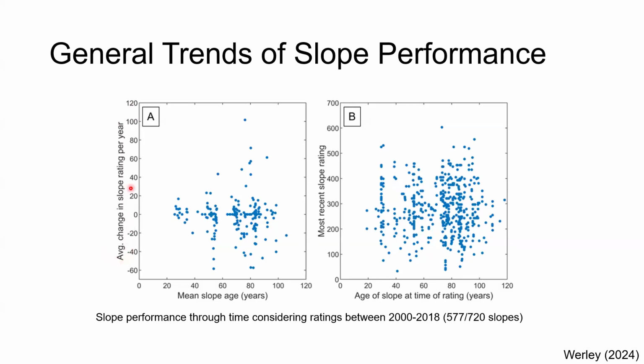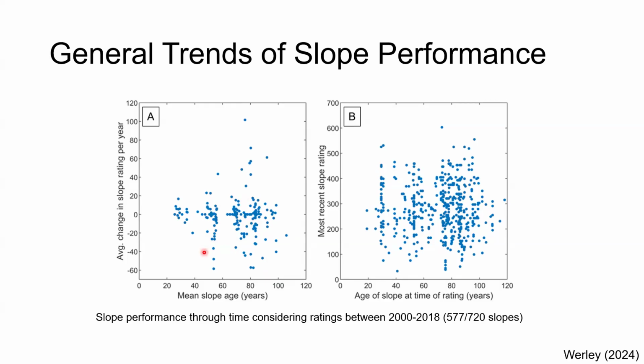Basically, we're looking at the average change in the rating per year based on a simple linear regression to the individual ratings for each individual slope, versus the mean slope age across all the ratings that were taken. And what we can see here is that most of the slopes are clustered right around 0. So when we look at the slopes individually, the ratings are really not changing over time. We do have a few slopes where there seems to be a consistent trend towards ratings getting higher, worse hazard over time. And there's a few slopes where we have a trend towards actually the hazard appearing to reduce over